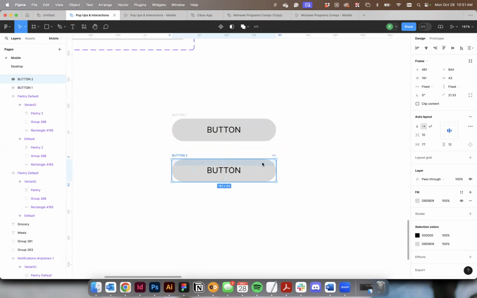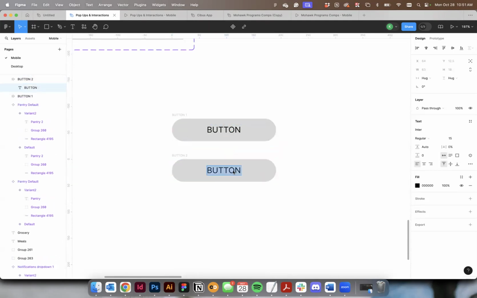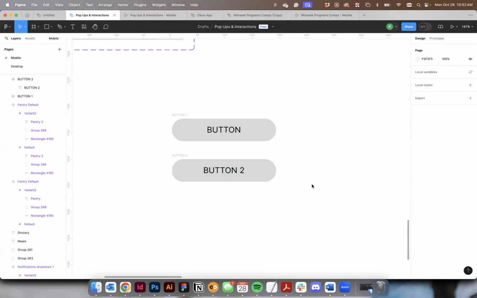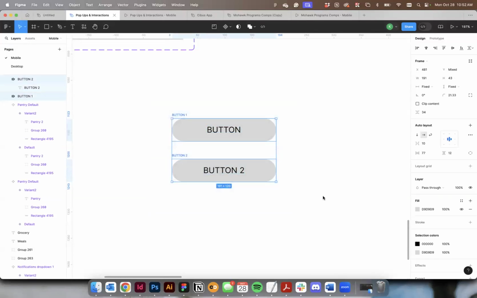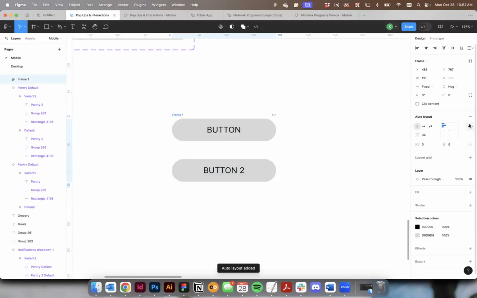So say I have a second button here, and over somewhere else on my app, I had, you know, X amount of pixels between them, between button elements, or think about in like a form, something like that. I can actually go and select both of these, and same thing, I can auto layout. So now I have an auto layout inside an auto layout, and now I can adjust the actual spacing, specific